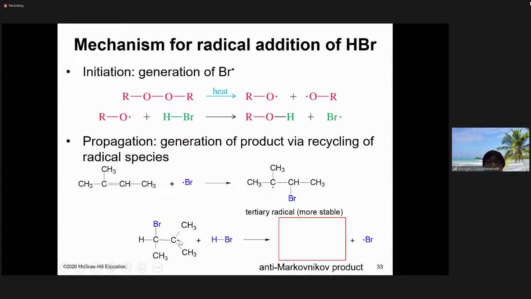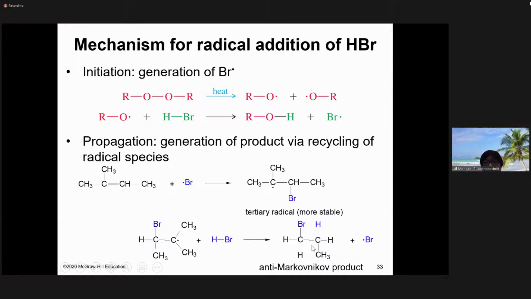They turn the molecule around, and then this tertiary radical will attack the hydrogen here and get the products. So you can see here the product has the bromine atom on the